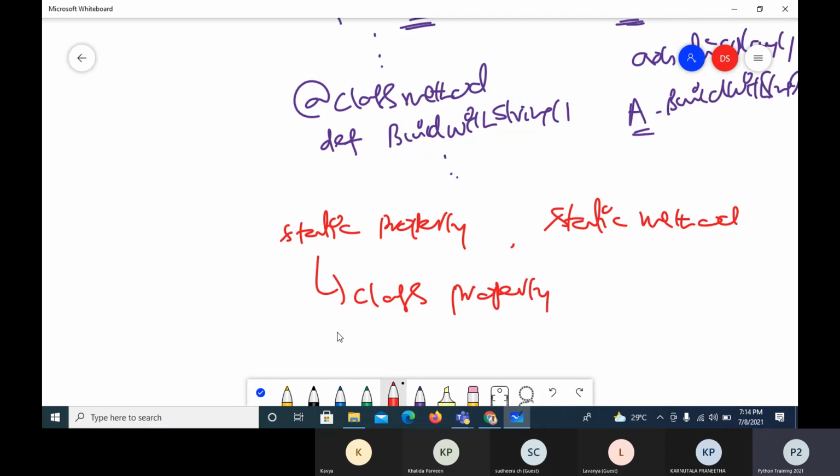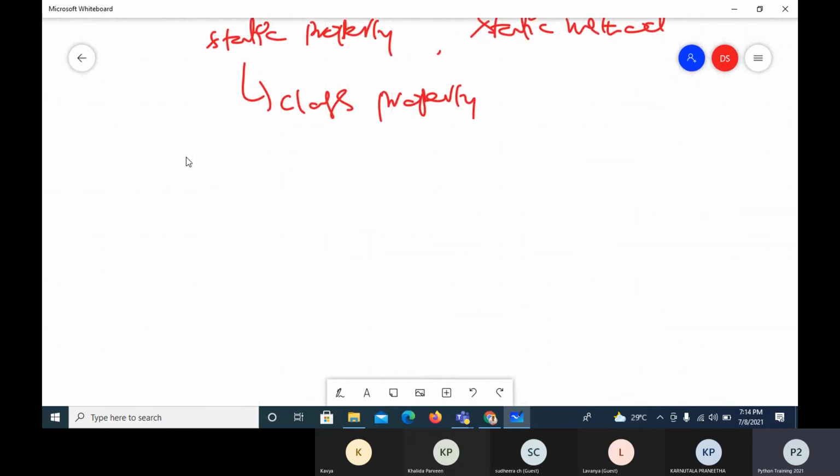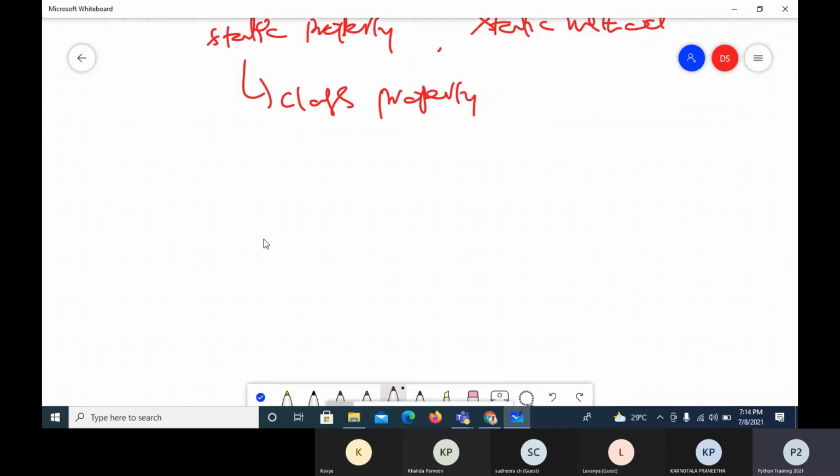So we know the difference between a property and a method. If you have a class and any member of the class that is referred inside the constructor with the help of self, I'll take one more simple example.